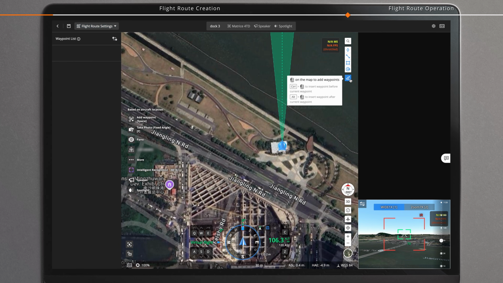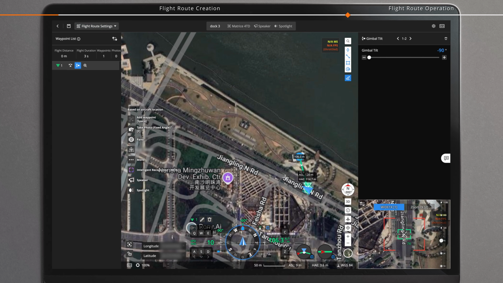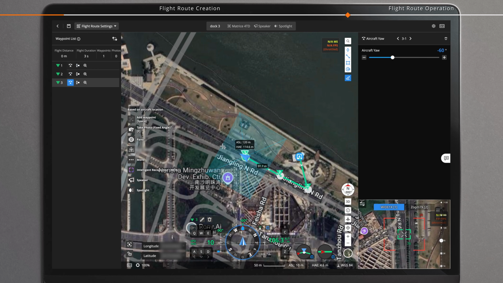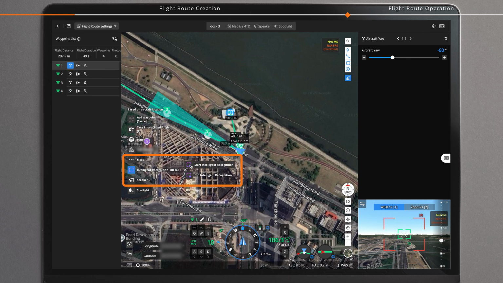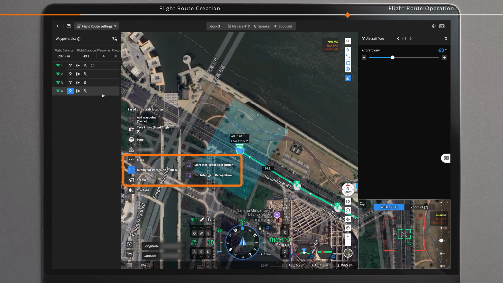Enable the quickly adding waypoint function. Click to add waypoints. Choose the waypoints to add the intelligent detection action, and in the intelligent detection action,